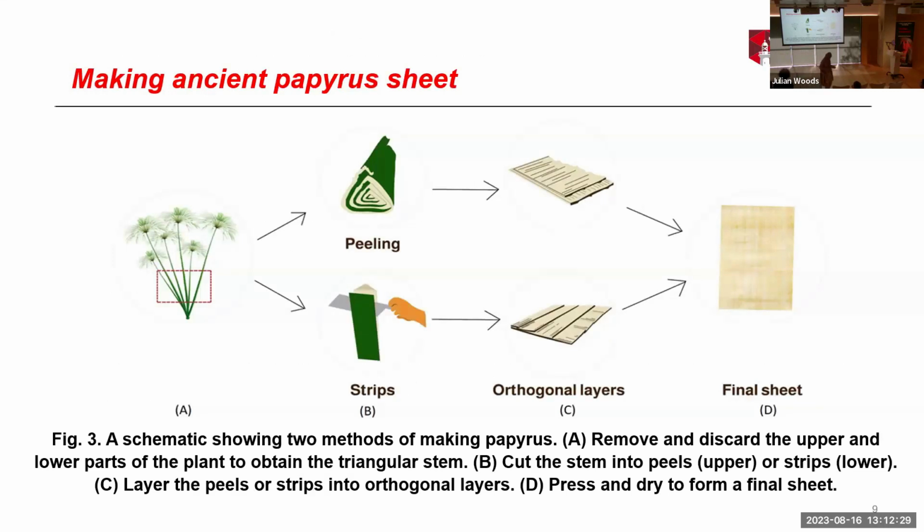I spent around 1 year writing a review paper about the technology of making papyrus, past and present. And I tried to put my information in this figure. I designed this figure. It talks about the papyrus plant. So this is the papyrus plant. The only part we use in making papyrus is the stem. We remove the roots, we remove the flower, we use the stem. After we use the stem,